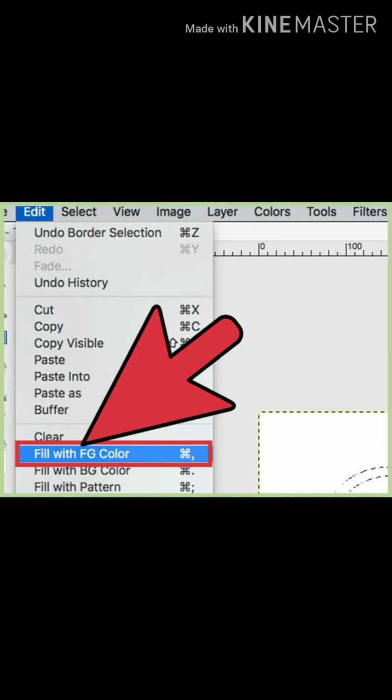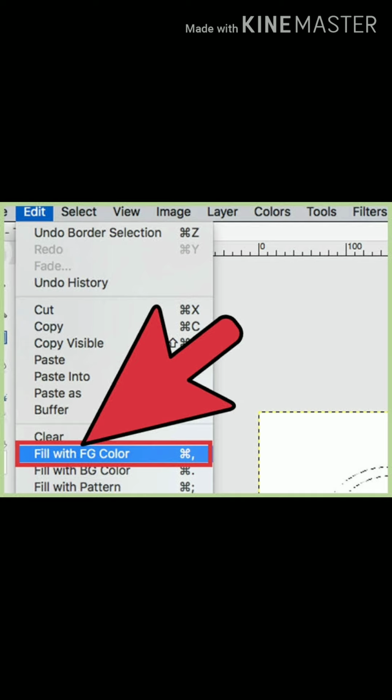But here there is a variety of pasting options. Number one, simply paste. Simply, you already know the Control plus V shortcut key is used and the contents will be pasted. Next, paste in place. For pasting in place you will use the shortcut key Control plus Alt plus V.